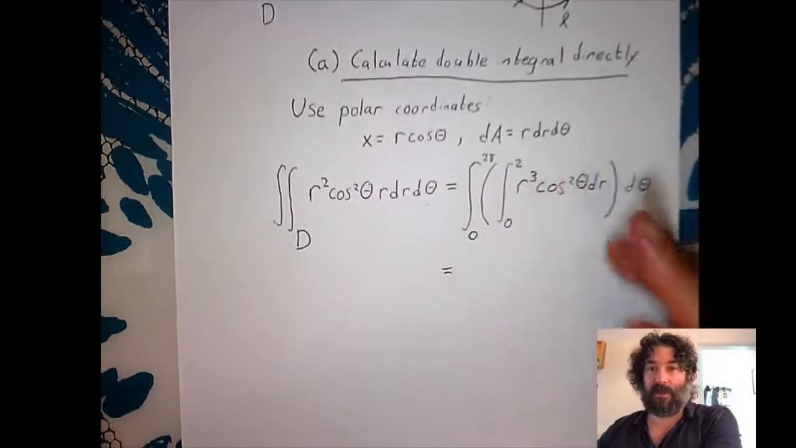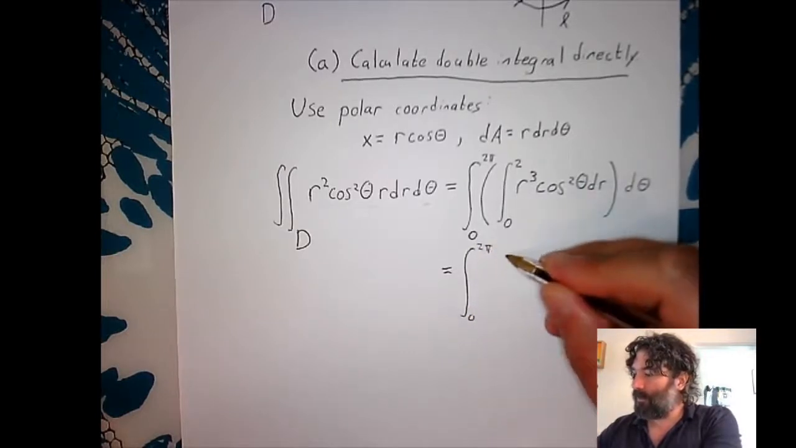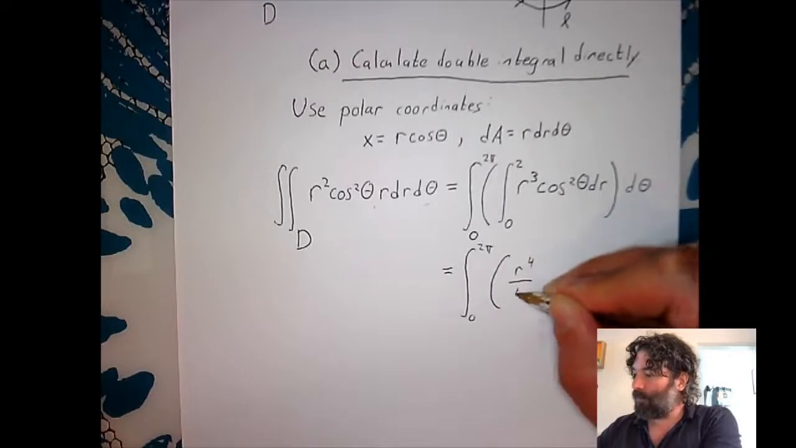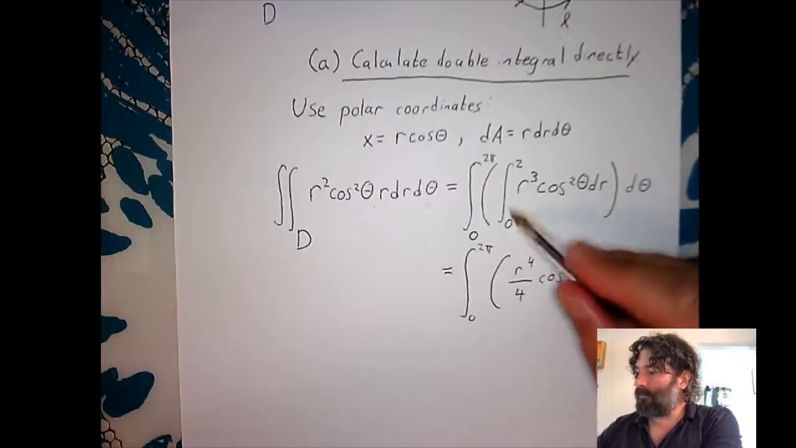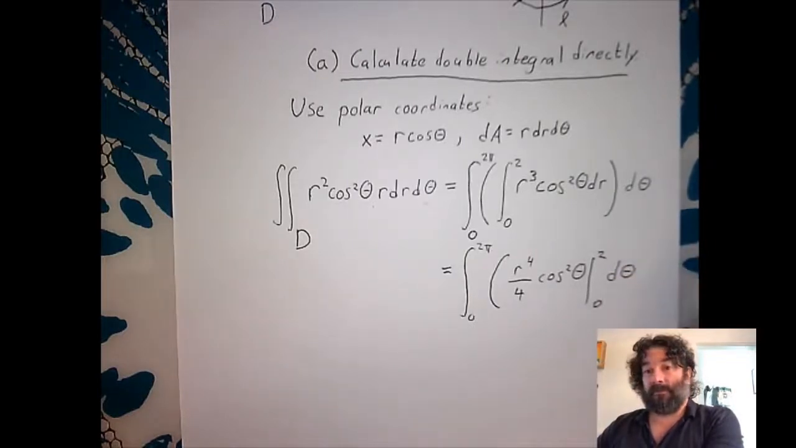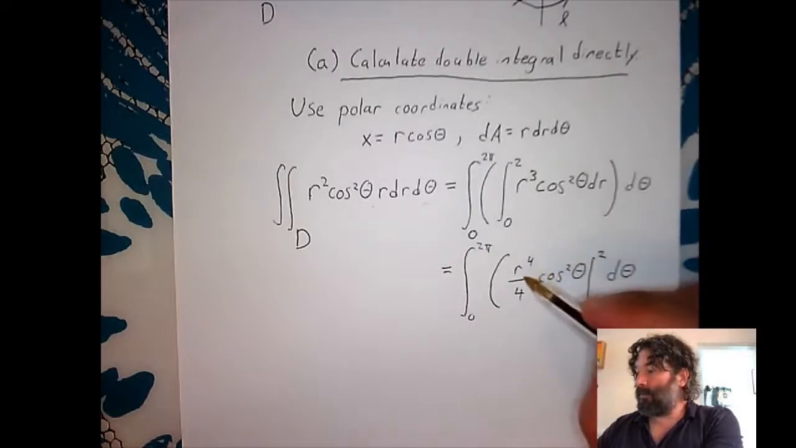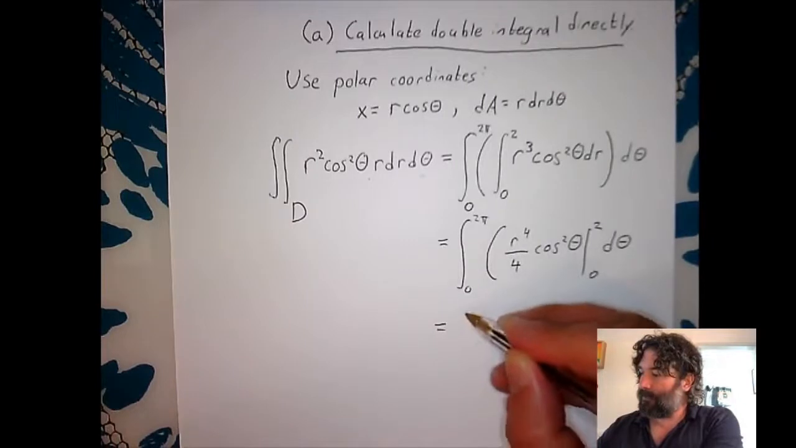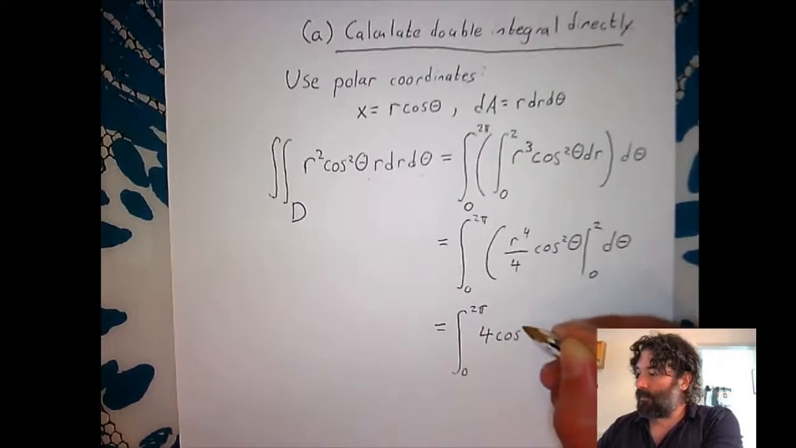So we first need to do the integral with respect to r. We find the indefinite integral of r cubed. That's r to the 4th divided by 4. Cosine squared theta remains the same, and r goes from 0 to 2. Okay, and so we evaluate at r equal 2. Then we get 2 to the 4th is 16 divided by 4 is 4. So the integral from 0 to 2 pi of 4 cosine squared theta